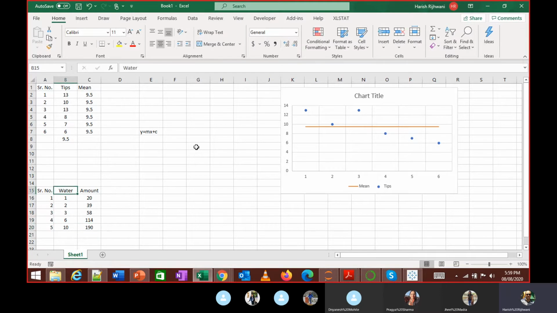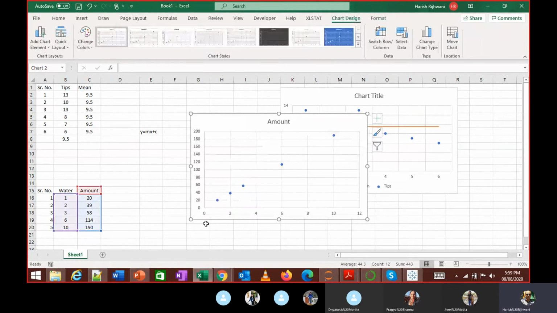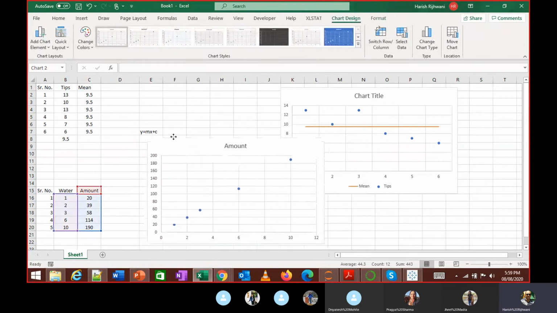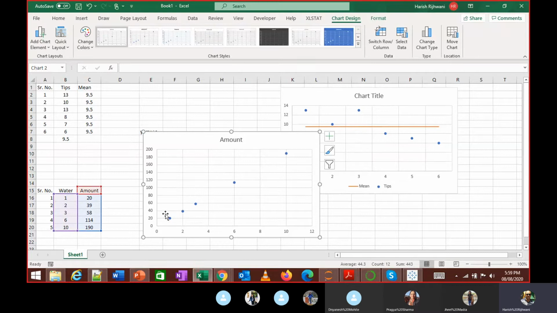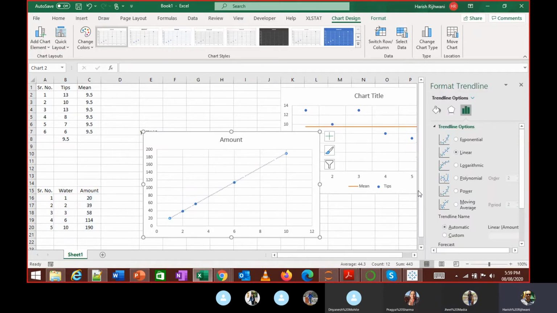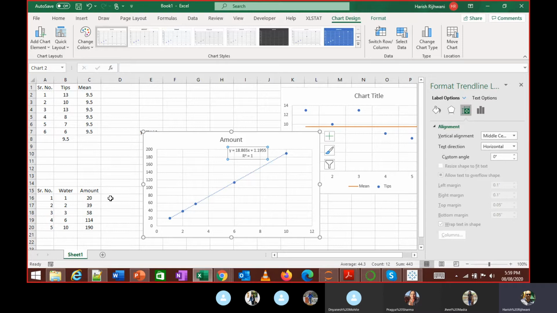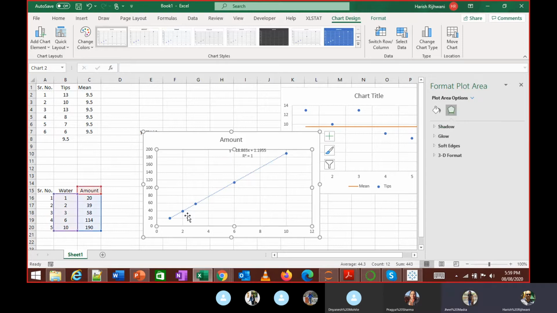So if I plot these two values, I am seeing a linear relationship between these two. Making sense? I see the relationship like this. And if I add a trend line over here and display the equation, there's a direct relationship between these two values, and the line is literally passing through it.